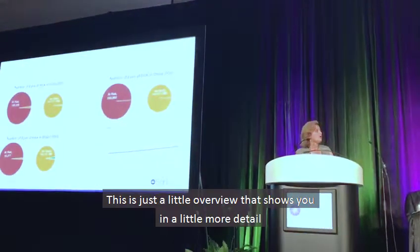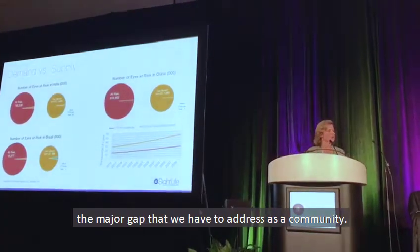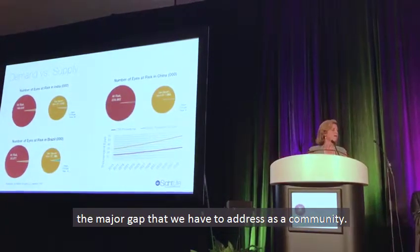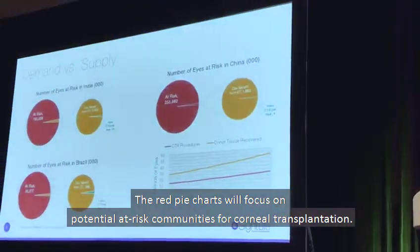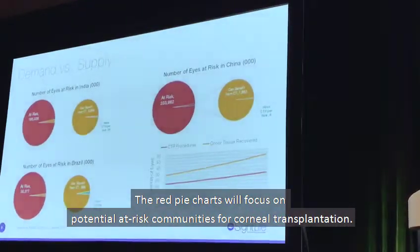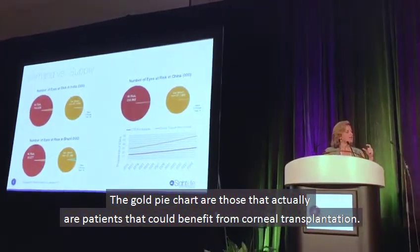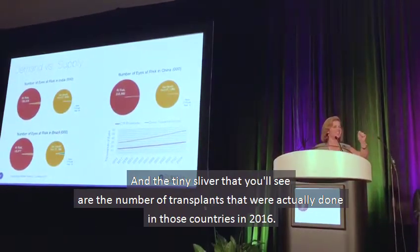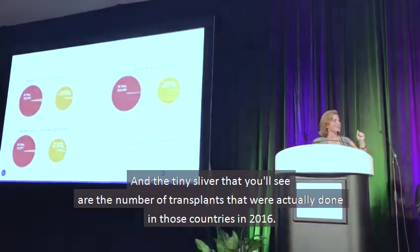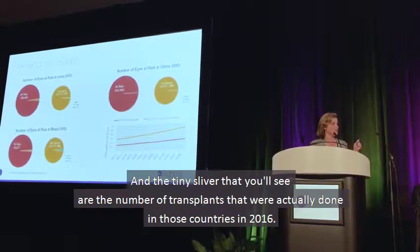This is just a little overview that shows you in a little more detail by some of these countries that we work in, the major gap that we have to address as a community. The red pie charts will focus on potential at-risk communities for corneal transplantation. The gold pie chart are those patients that actually could benefit from a corneal transplantation. And the tiny sliver that you'll see are the number of transplants that were actually done in those countries in